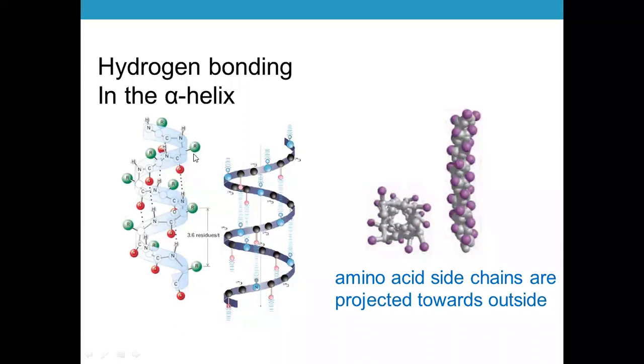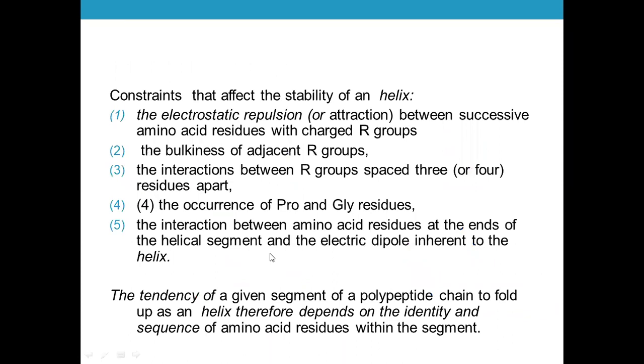For example, if this R, again, as I have already mentioned, has no point of interaction but destabilizes this one, then it will disrupt the hydrogen bond and probably another secondary structure will be formed other than the alpha helix. So in general, the tendency of a given segment of a polypeptide chain to fold up into a helix structure therefore depends on the identity of the